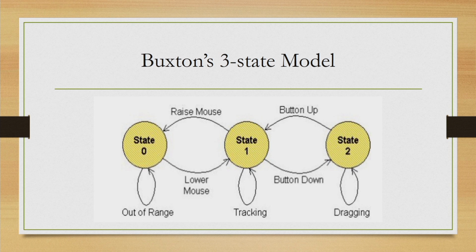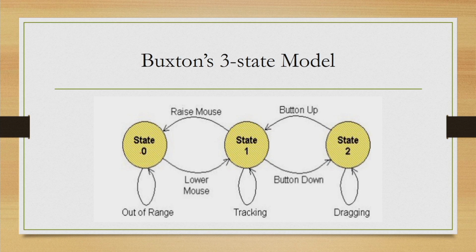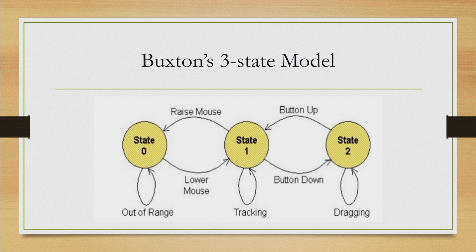So to recollect, what this model tells us is that you want to use your mouse or a pointing device to interact with a computer, and your hand is on the pointing device. Now by mistake you lifted it out of the surface on which it should be dragged, then you are in state 0, or at the beginning also when you are not doing anything, you are in state 0. And in this state, as long as there is no touch with the surface on which it should work, you remain in state 0. The moment you touch the surface with the mouse and start using the mouse or start dragging the mouse on the surface, you come back to state 1.